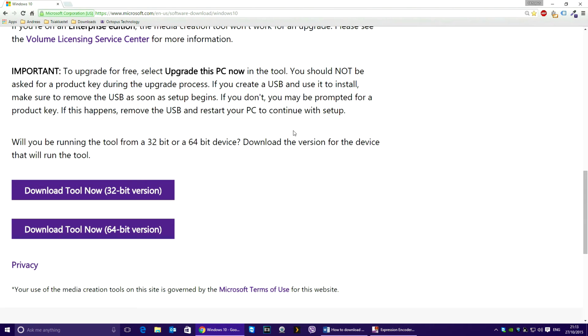Remember the system type of your computer? If yours is 32-bit, click on this link to download the 32-bit installer, or click this link to download the 64-bit installer. What this download tool does is to provide options for Windows 10 and download them for you. I will download the 64-bit option, which is the right one for my system. Once you have downloaded the file, move it to your desktop and get ready for the next step.